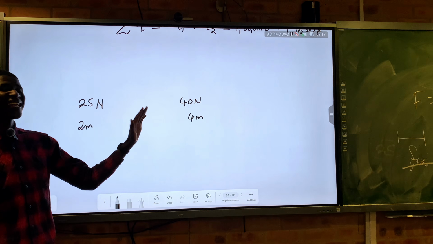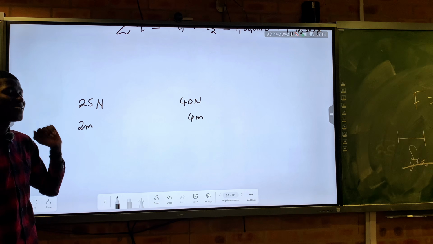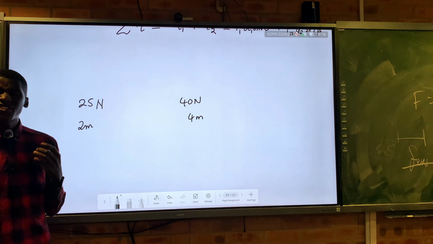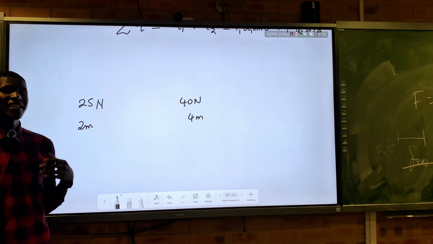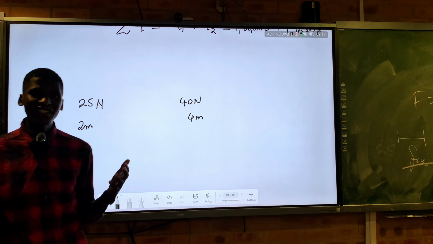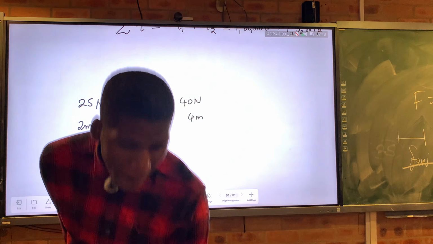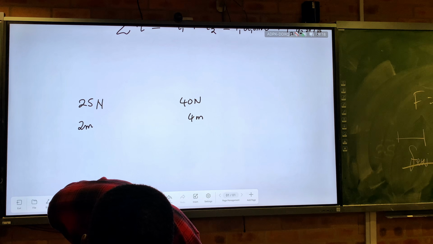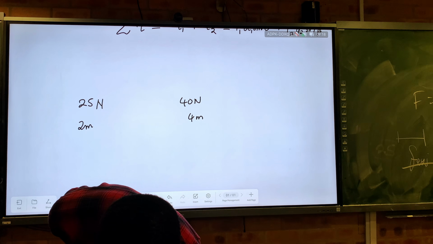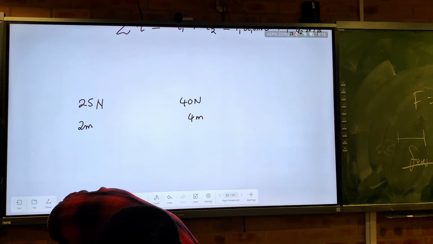If they don't give you any angle between the force vector and the distance vector, it means the angle is what? It is 90 degrees. So we usually assume that they want a maximum torque. Most of the times, if they don't state the angle, but that is the whole idea of torque. Yeah, this is very important, and it is very applicable in most fields.